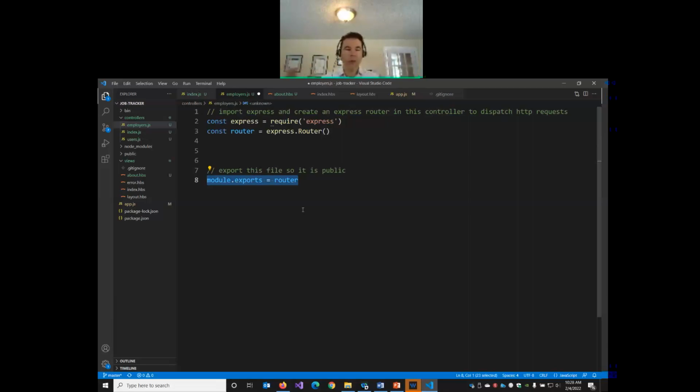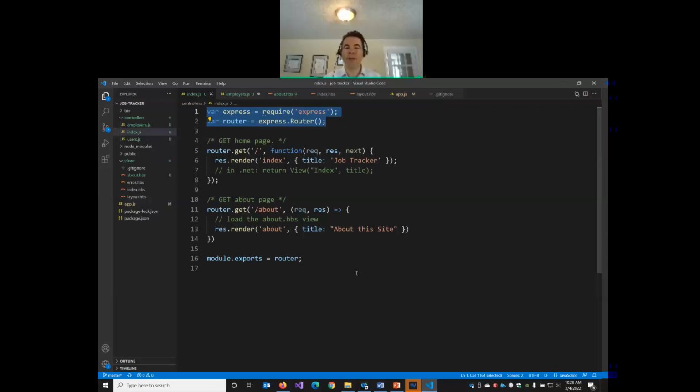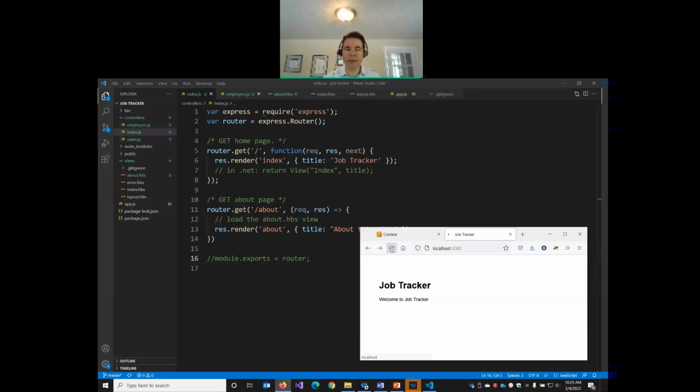I will show you with our existing index controller what happens without that module.exports. So again, here's the file that the express generator gave us. We've added this method, which wasn't here, and we just changed the text, but you can see down at the bottom, we are exporting the module. If I comment that out, this means our index controller is now private. If I go back here and try to refresh,